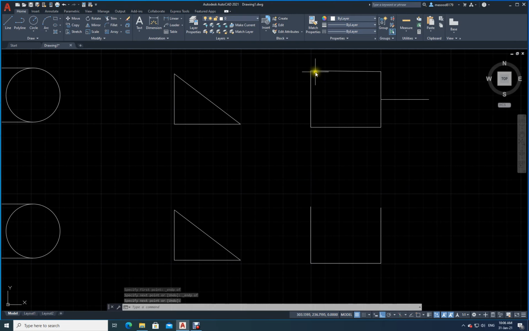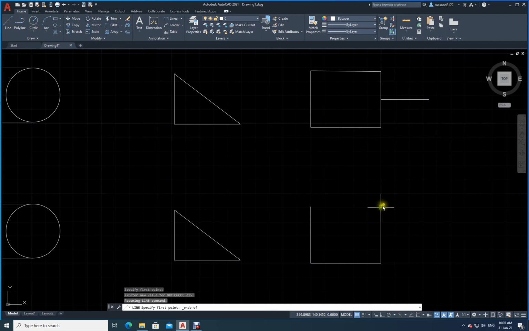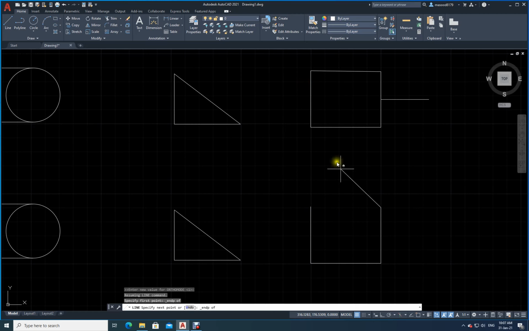Now similarly, what you have got over here, I have to finish this line, isn't it? I will just go and click on the line command, come close to this point. I will press Shift, then right click. I will take end point. The moment I cross more than half, I will go here. So now again I will right click the mouse button and choose end point. See here, the moment I come more than half close to it, I get it. Click on this one, enter.